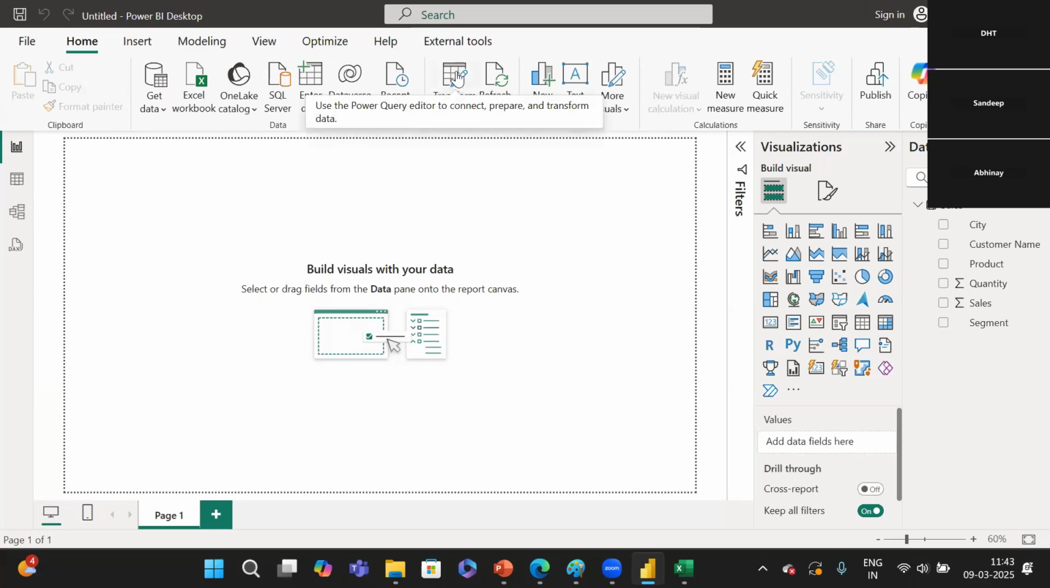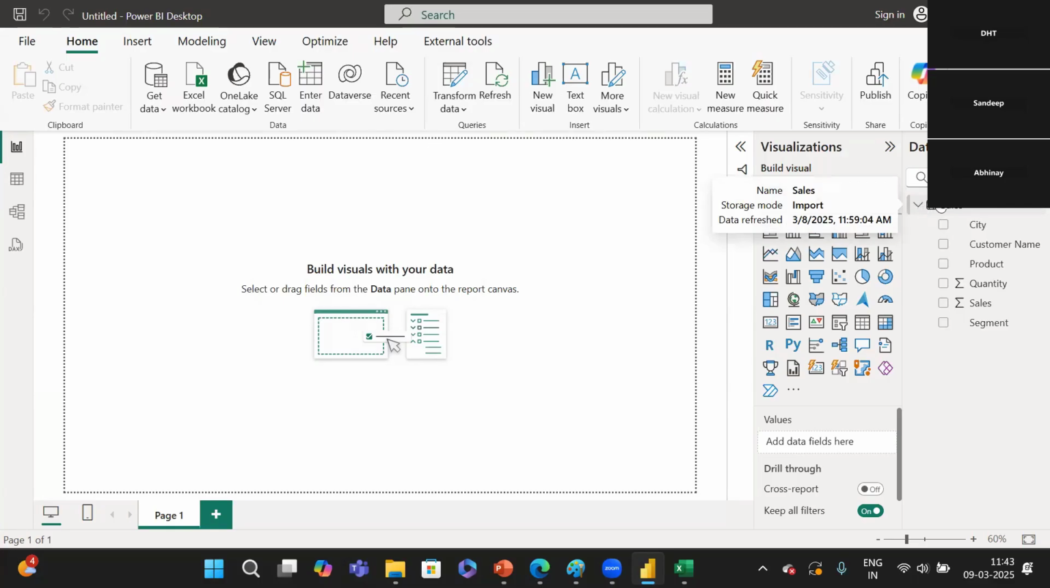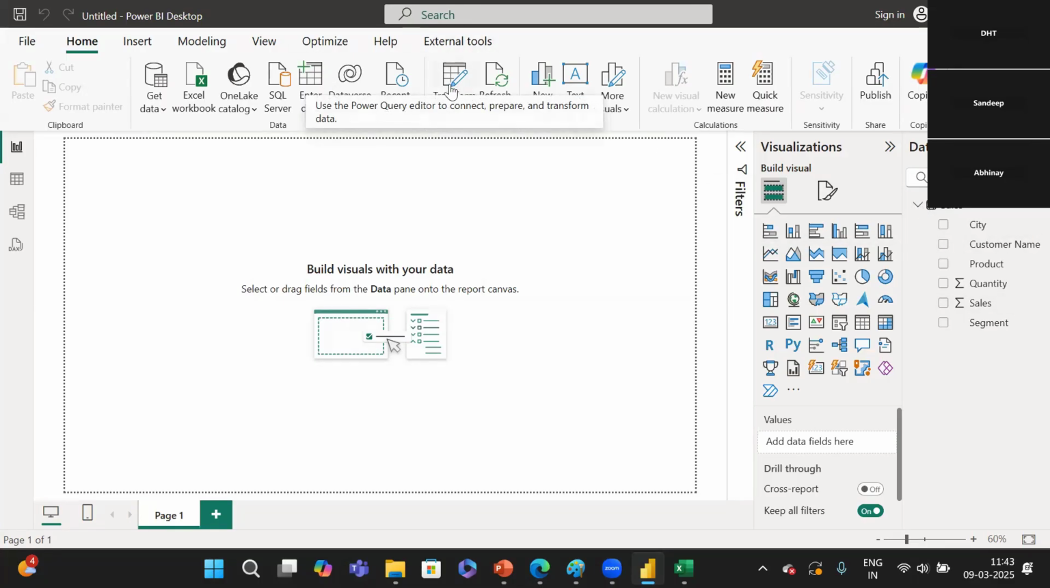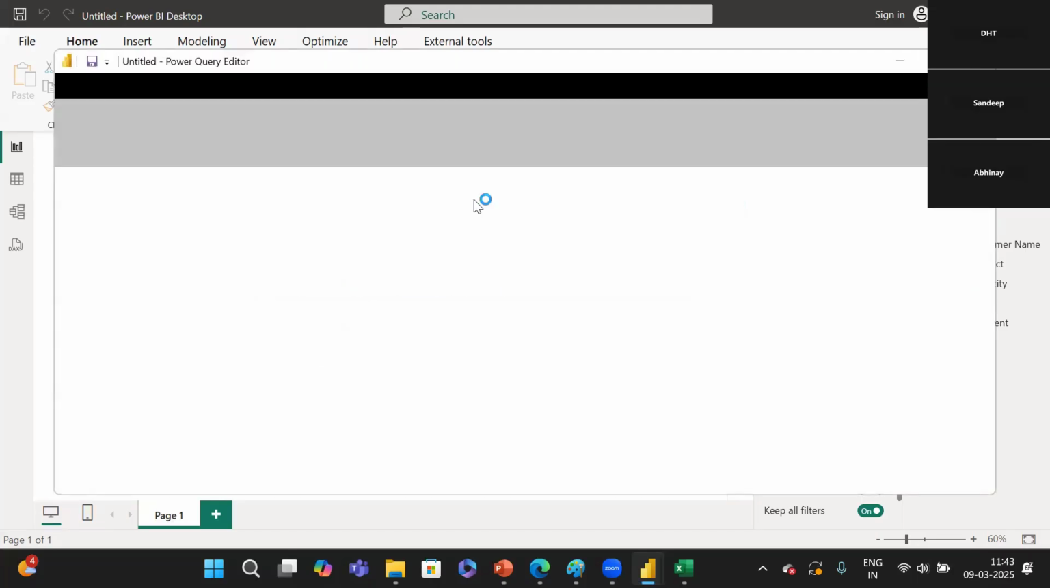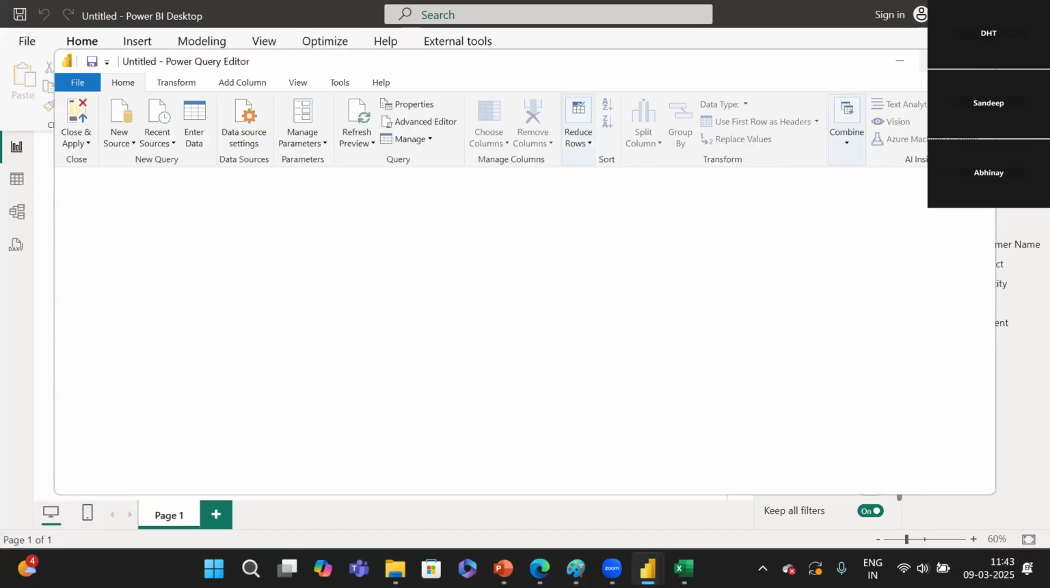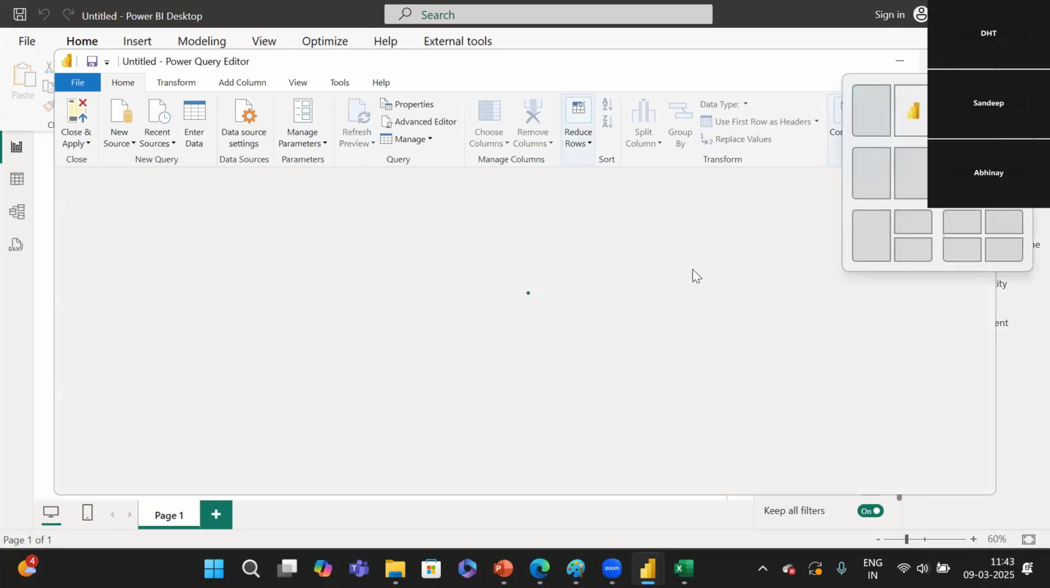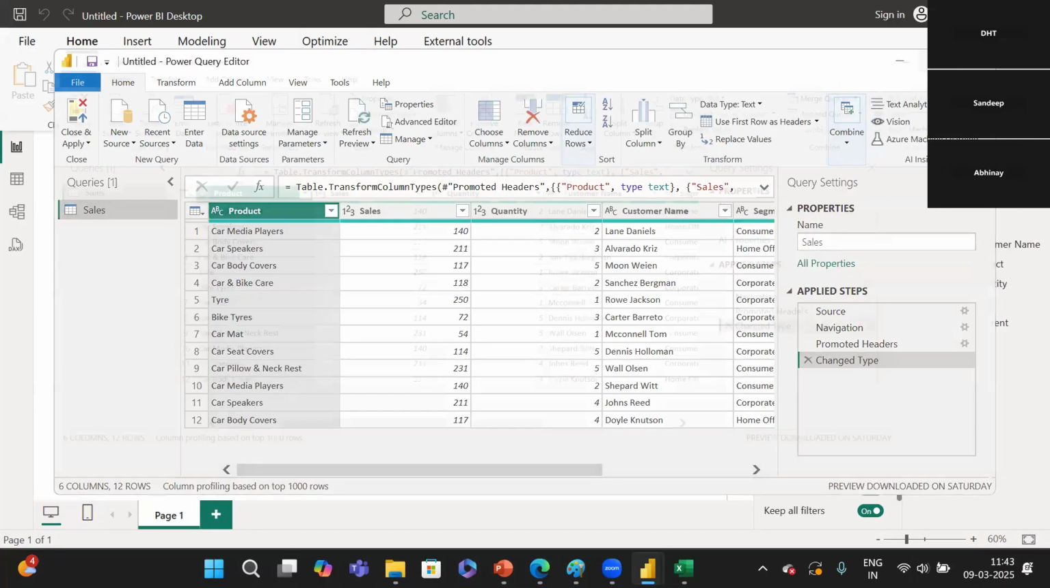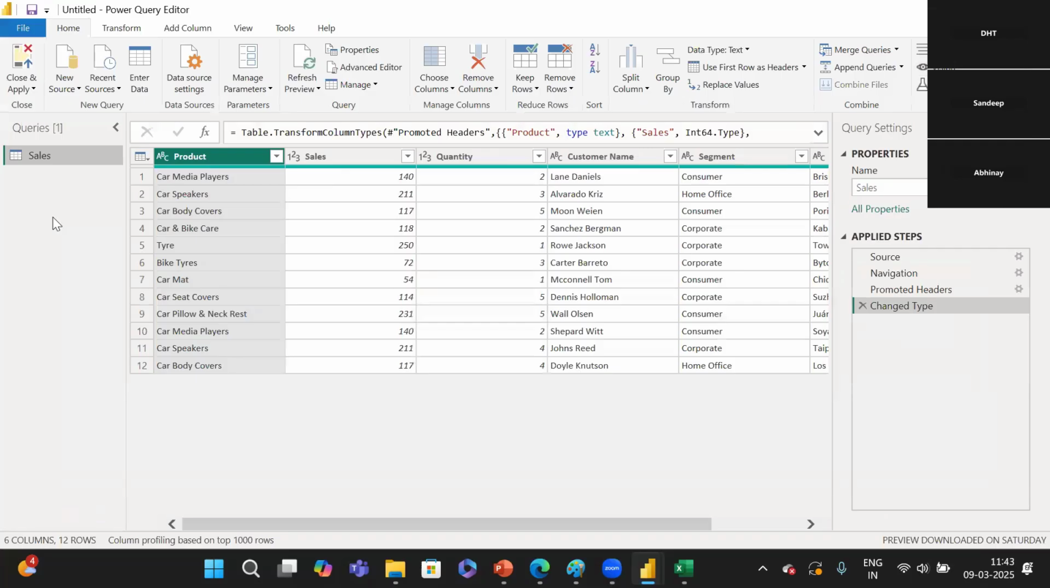We loaded some sample data, sales data. So today we will see different types of extractions, what types of extractions are available, and how we can extract from different sources like Excel and SQL and many other sources. Okay, so